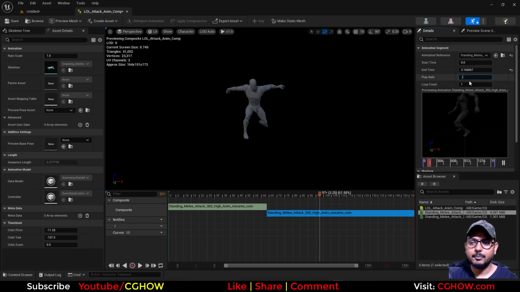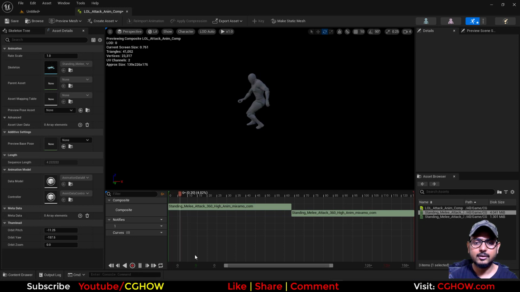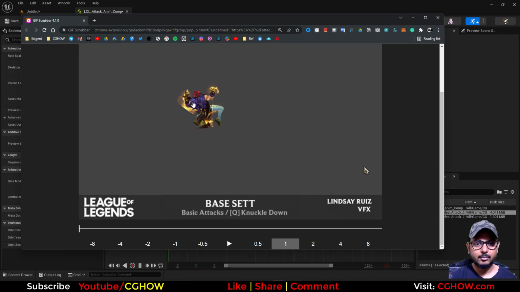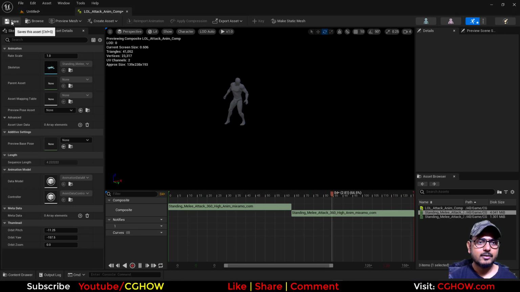So I can make it minus 1.5, so it will reverse the animation. Now you see he is attacking from this side, then he will attack from this side. Okay, so I think this will work. I can just put a trail in one hand. In the reference, it has a trail in both hands, but you can do that, just link with the other hand. So I'll use it. Save this,